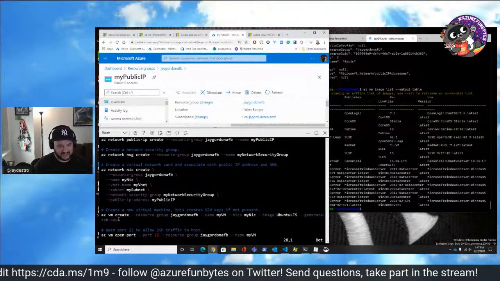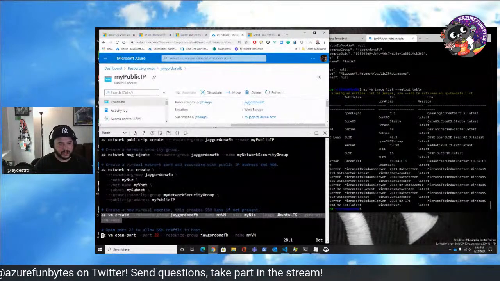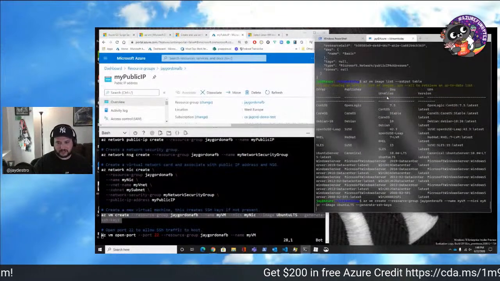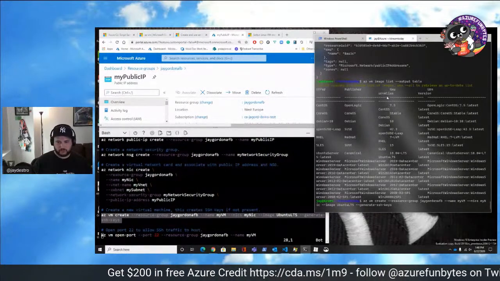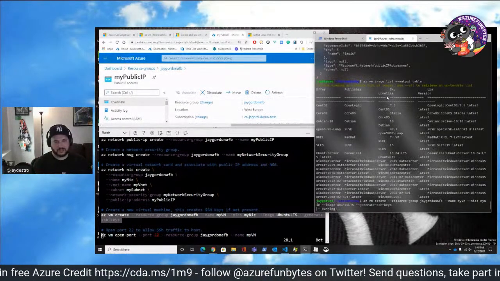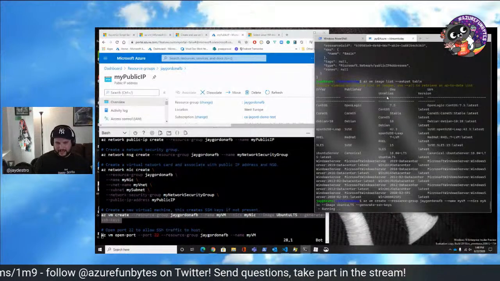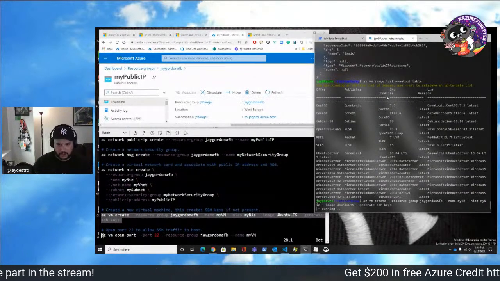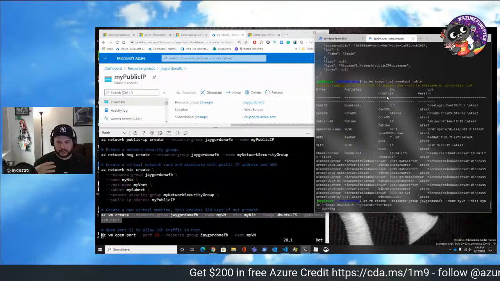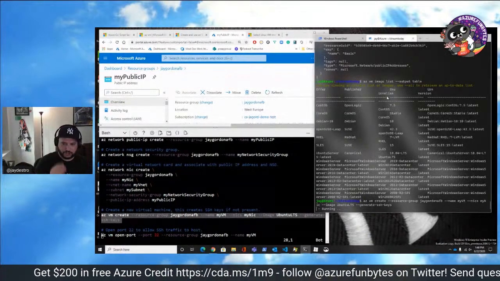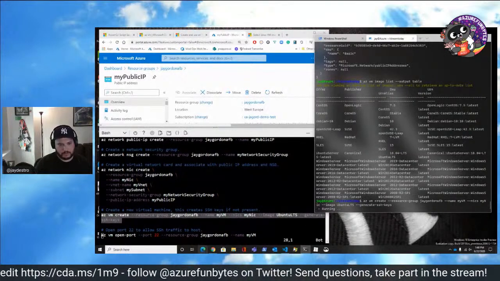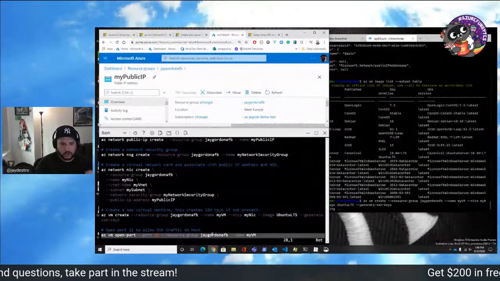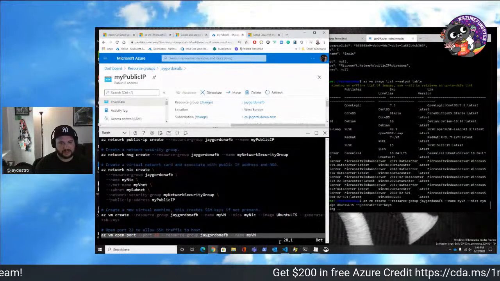I think we got ourselves all the way to the point where our network card is created. We can generate SSH keys because that's how we're going to access it. And remember what I said in the very beginning of the stream. If I already have SSH keys in my .ssh directory with that id_rsa default key, then I don't need to even do anything. It'll just automatically use that key pair so that I can SSH in once this is finished. So it'll inject a key pair and I'll be able to just start working. And then when I'm done with this, I need to be able to SSH into the server. And so what we're going to do here is I'm going to create an initial SSH rule.